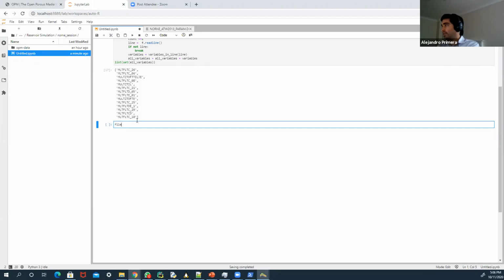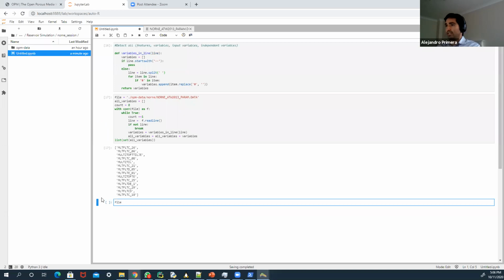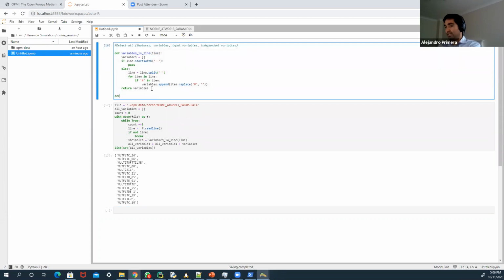So first of all, we know that the file name is that one. I'm going to create a function that replaces values. So let's create here a def, a function that's, let's say, a file generator. So give me a parameterized file and give me a data frame,